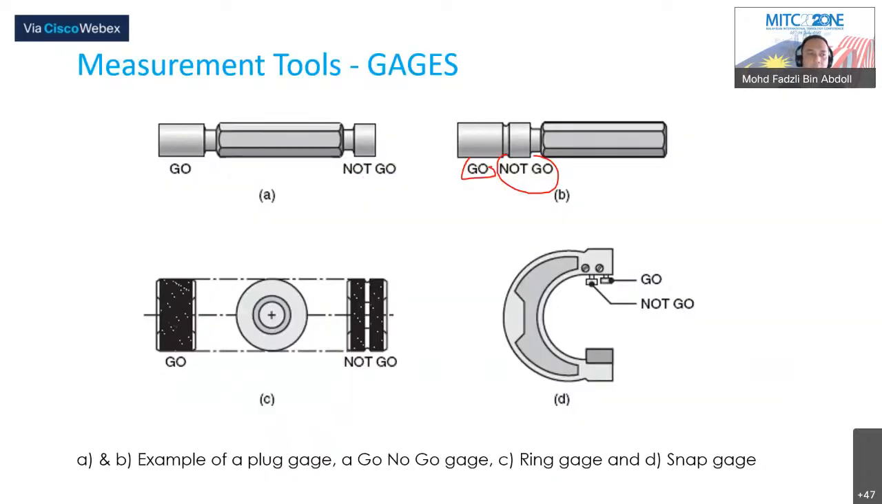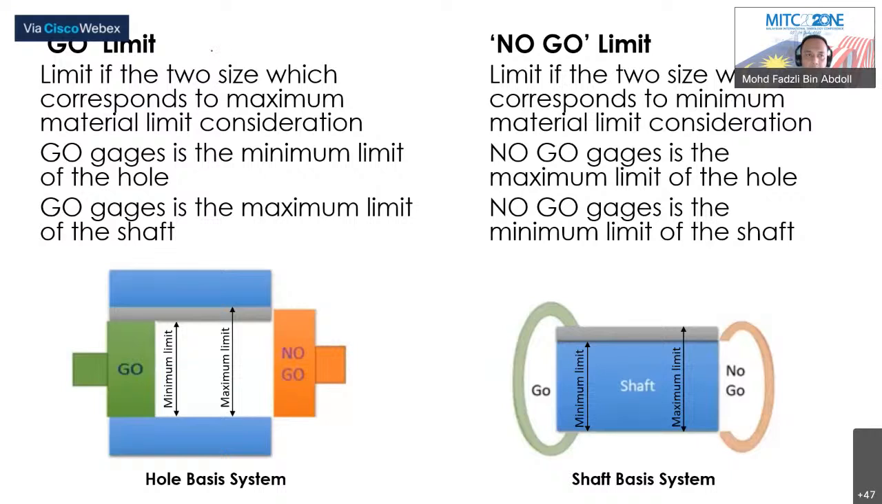Okay, go gauge maksud dia limit of the two sides which corresponds to maximum material limit considered. Go gauge is the minimum limit of the hole. Go gauge is the maximum limit of the shaft. Contohnya ni, ni adalah minimum limit of the hole kalau kita gunakan go. And then go gauge juga dia adalah maximum limit of the shaft. Okay, ni adalah contoh maximum limit of the shaft. Ni kalau hole,